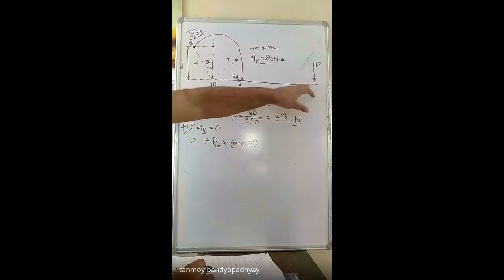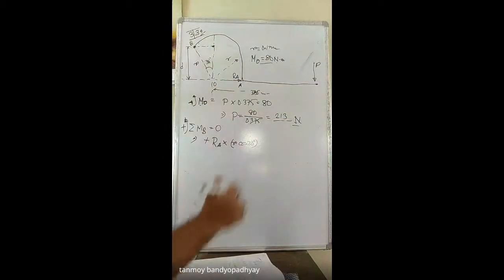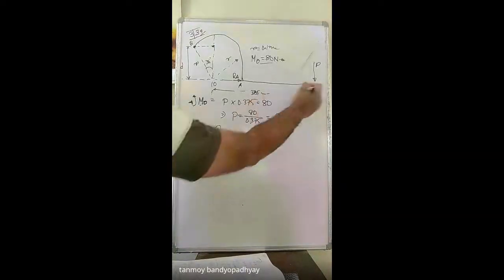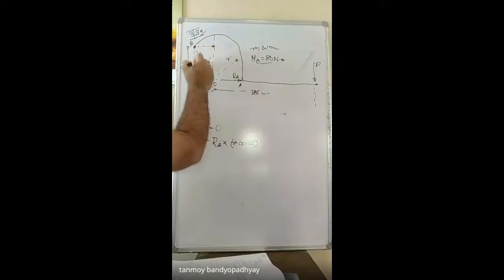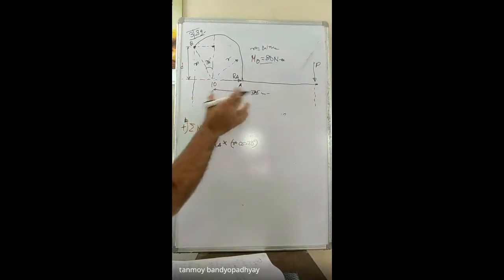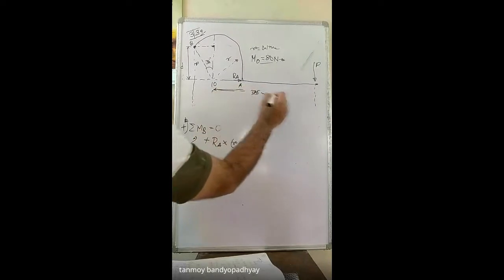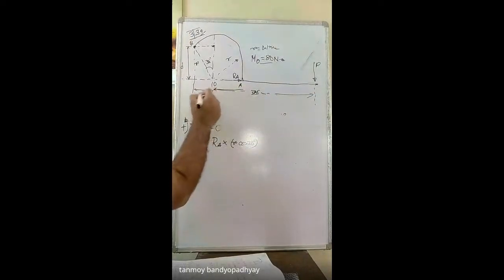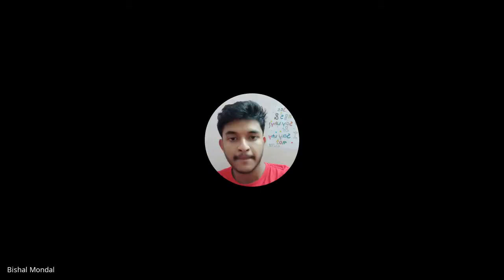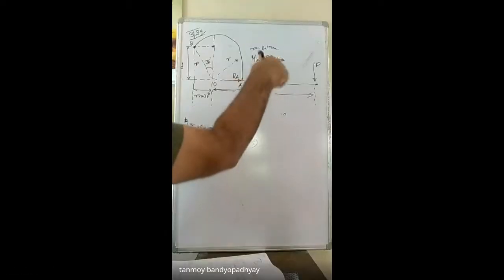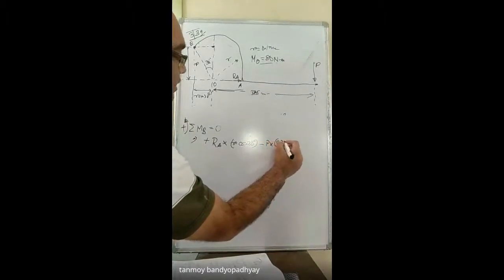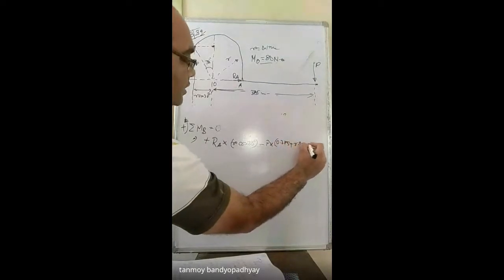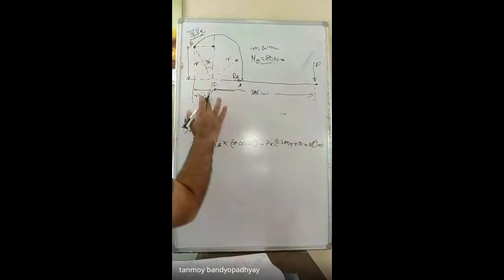So P will be having a contribution. So the line of action of P and B. If I draw the line of action of P, this is the line of action of the force P, and this is the line of action of the point B. So what will be this distance? It should be 375. Up to this is 375, and this distance is R sin 30. So P actually is causing a clockwise moment. So minus P into its lever arm, 0.375 plus R sin 30 degree, should be equal to 0.